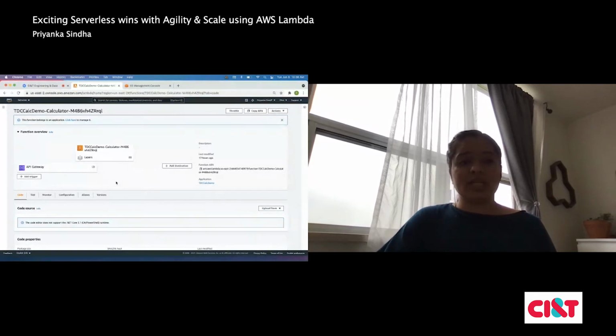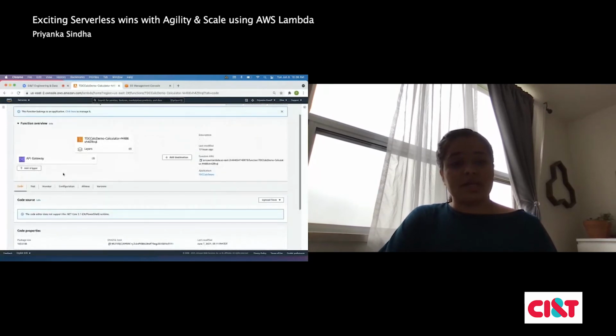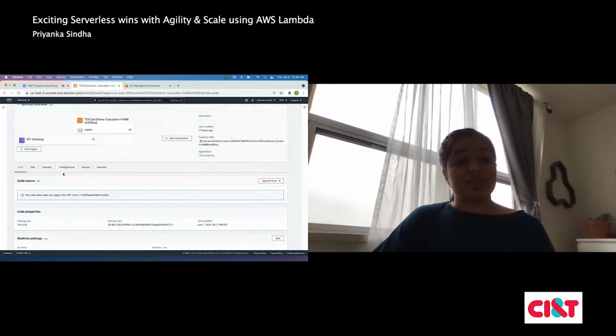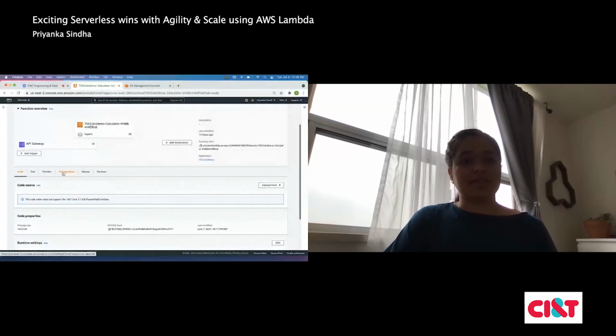And to do that, you don't have to mention anything. All you mention is that my function is a resource, like an AWS serverless function resource. And then with that it provides all the other features as well. This is the normal code configuration, or code details, of the AWS function.